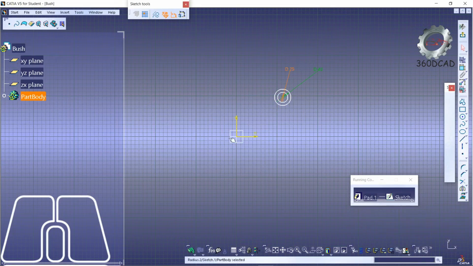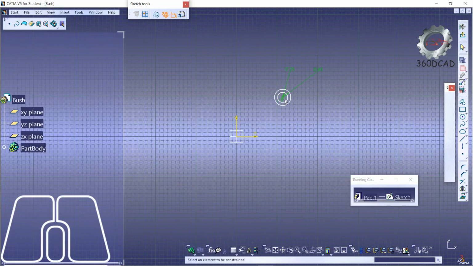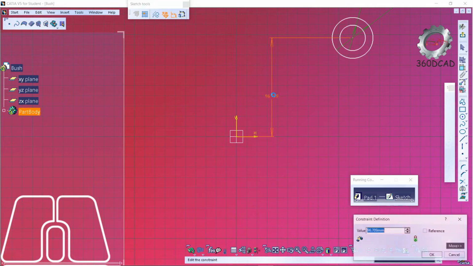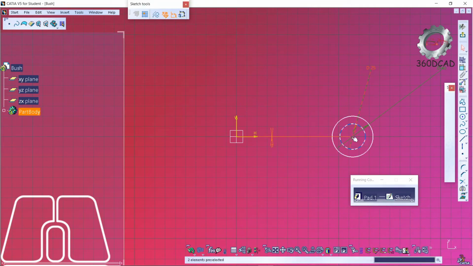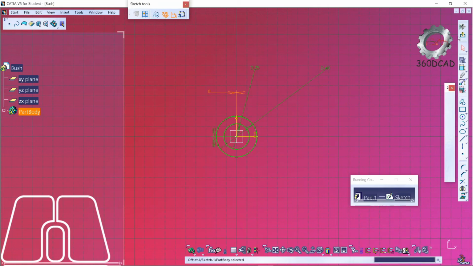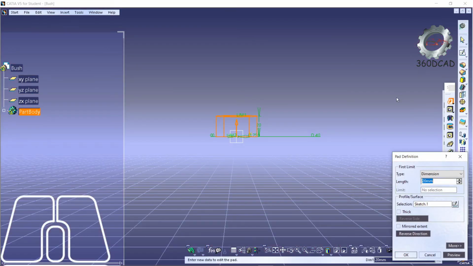Now if you want to provide it on the center, again provide the constraint: center point to this particular axis, this distance is to be 0, and this center point to vertical axis, this distance is to be 0. Now exit this particular view.